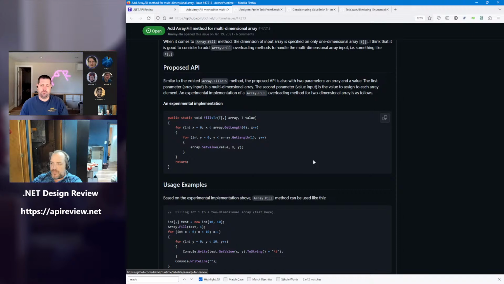Because if we're going to start exposing, so if we expose fill two-dimensional T array, that will be the first explicitly two-dimensional array API we're exposing on system array, which opens the floodgate in question of, do we need to be doing this more holistically? And so if we're going to take a holistic look at it regardless, then I'd like to take a look at the extension approach